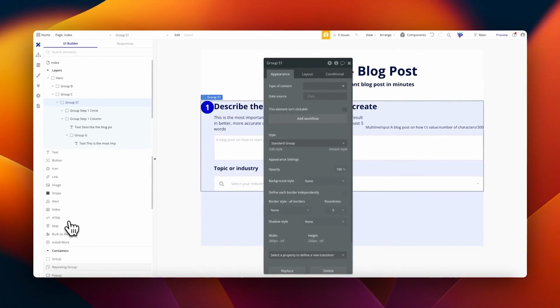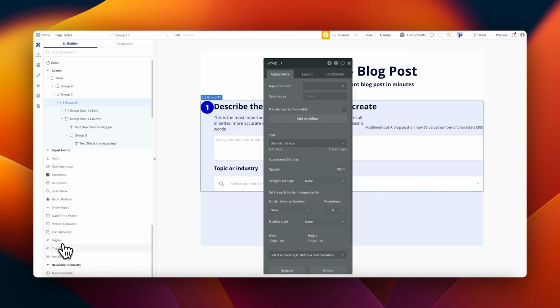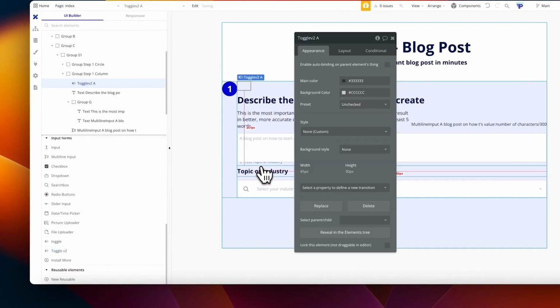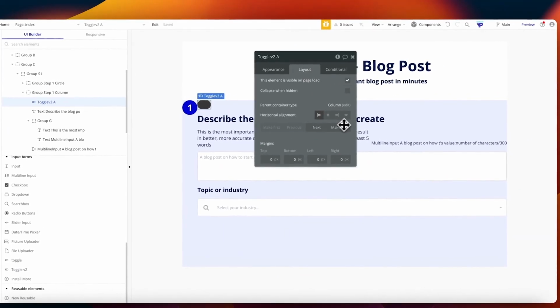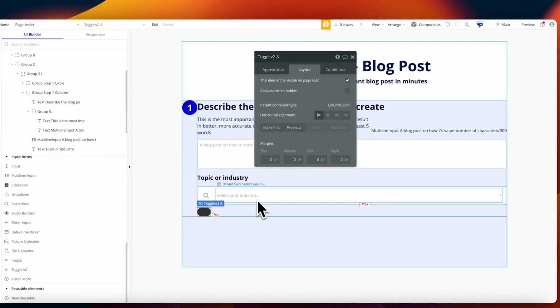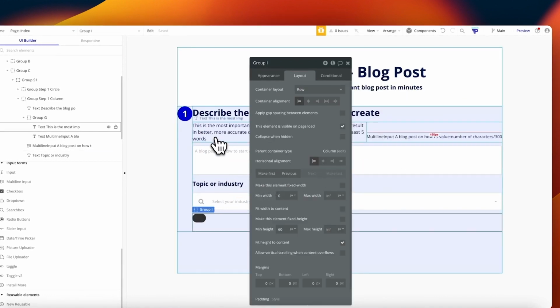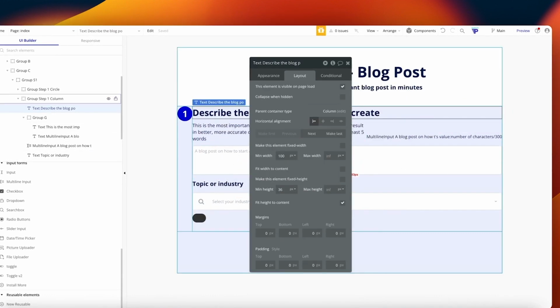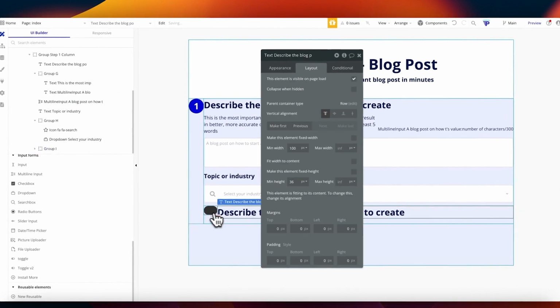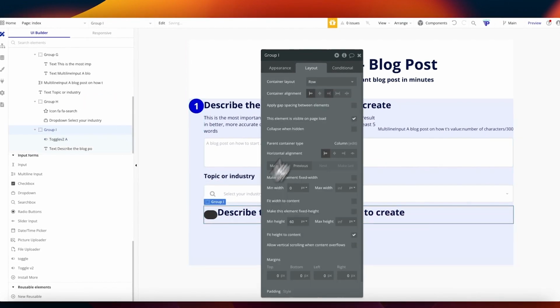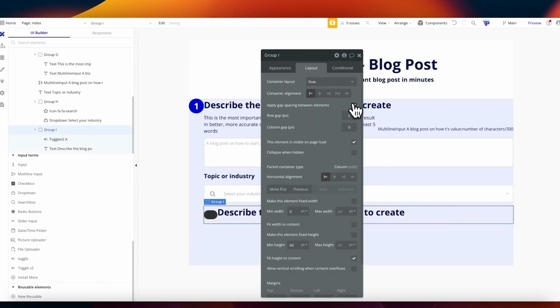So if we scroll down to input elements, we can see toggle and toggle v2. So let's put toggle v2 in here and see what this looks like. Now we also want to arrange that in a row container, and we want to get some text in here. We want to align it centrally. We want to add some spacing,